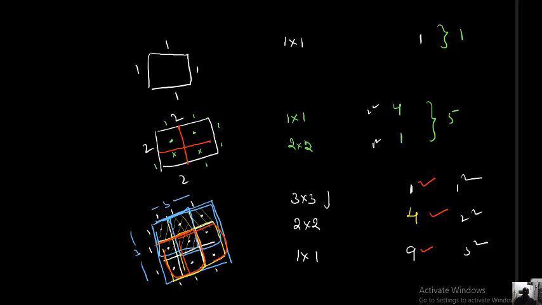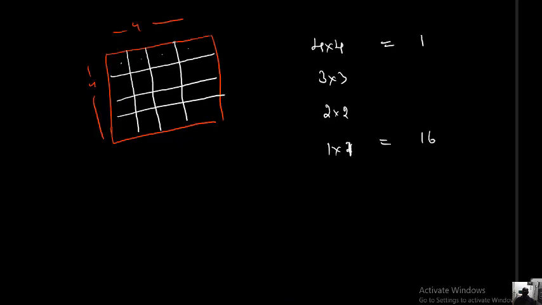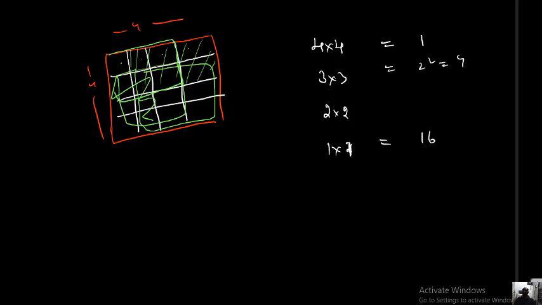So directly what I can say here: 4 by 4 is 1, and 3 by 3 is obviously 2 squares, that is 4 only. You can count, you will get 4. I will show you. 3 by 3, 4. I want to use another color. See, this is one such square. 3 by 3. This is another one. 2 completed. Here 3. This is another one. After that, this is another one. Totally 4.